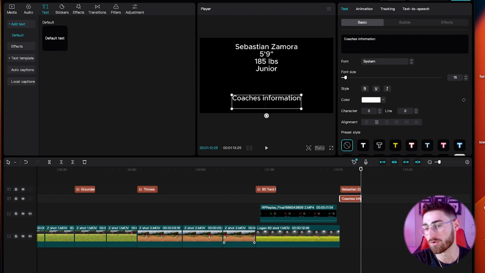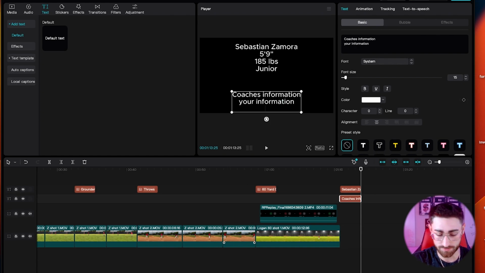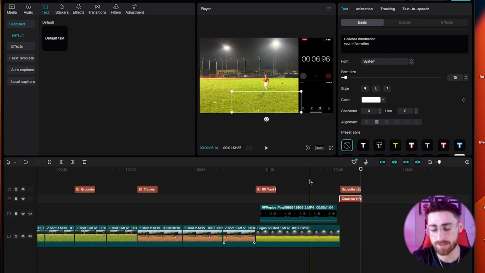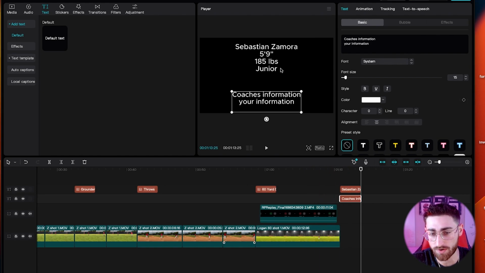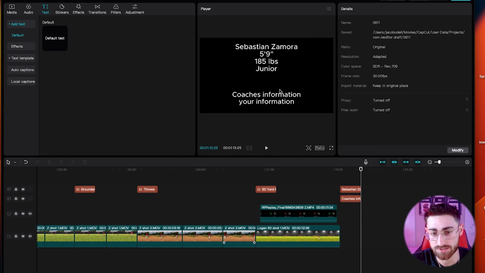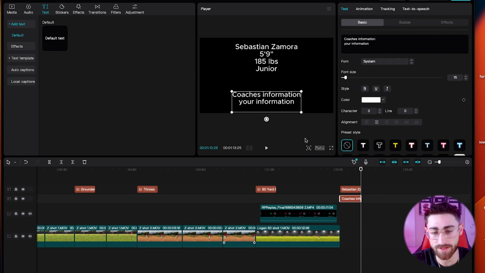coach's information, your email address, anything of your information. You can also put the state that you're from, anything that would be of value to the coach. You want to put it inside of this. So we have all that stuff in our plug and play of what you can provide